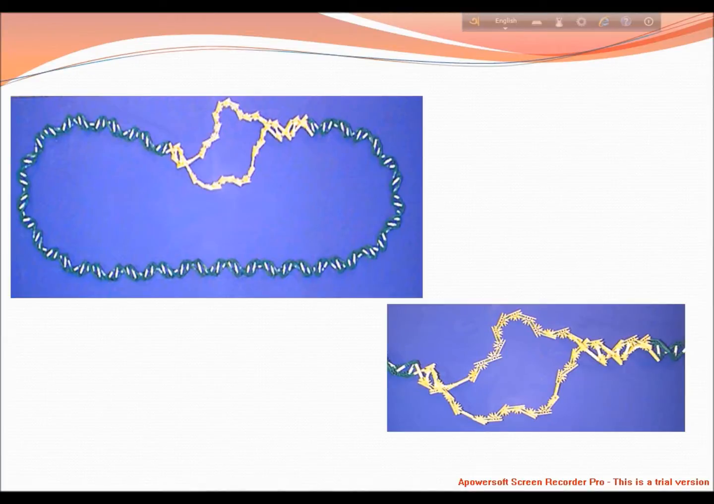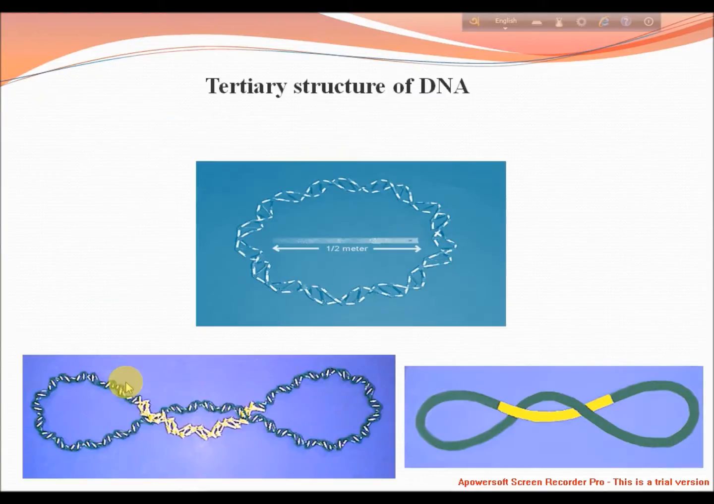Now I am going to discuss the tertiary structure of DNA. DNA helix can be deformed from their linear shape into curves and bends. Real DNA does this as a result of normal thermal motion and under the influence of certain proteins which bind